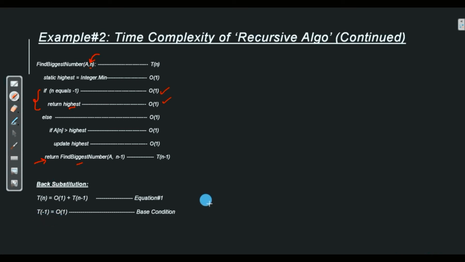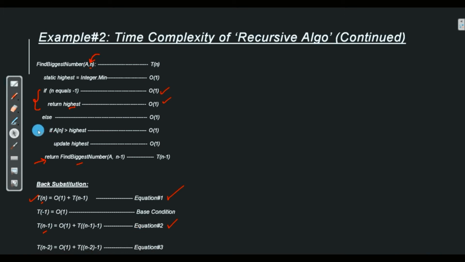Once we have found the base condition, the next step is we need to find a few more equations which are derived from equation 1. The next equation is equation 2, which is basically derived from equation 1. All that we have done is substituted the value of n with n minus 1 and found equation 2.